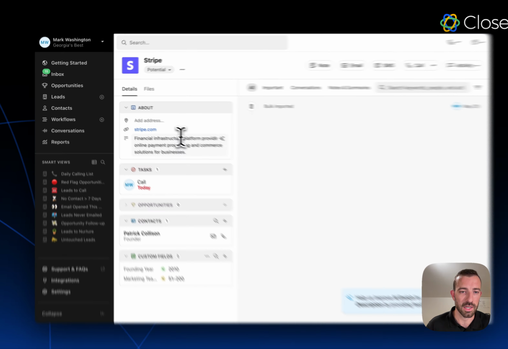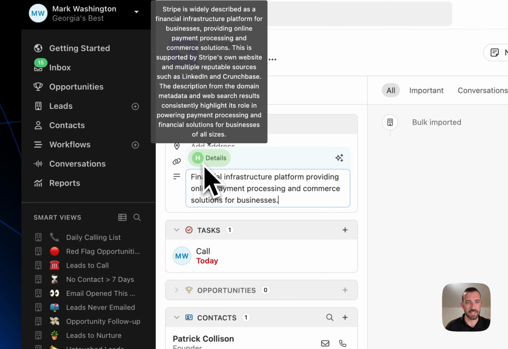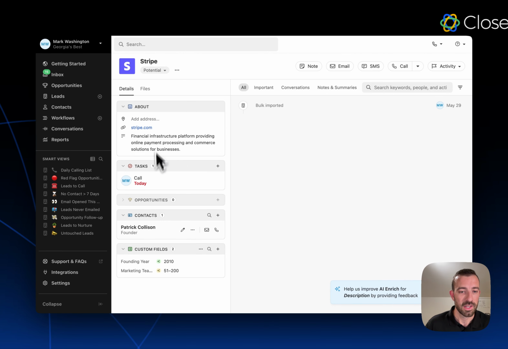And as soon as it's done, I can click into it and hover over and I'll see the details where I can read through and see what was the LLM's reasoning and where did it get the information to populate this field. So I can come down here and you can see I've already used this a few times, but